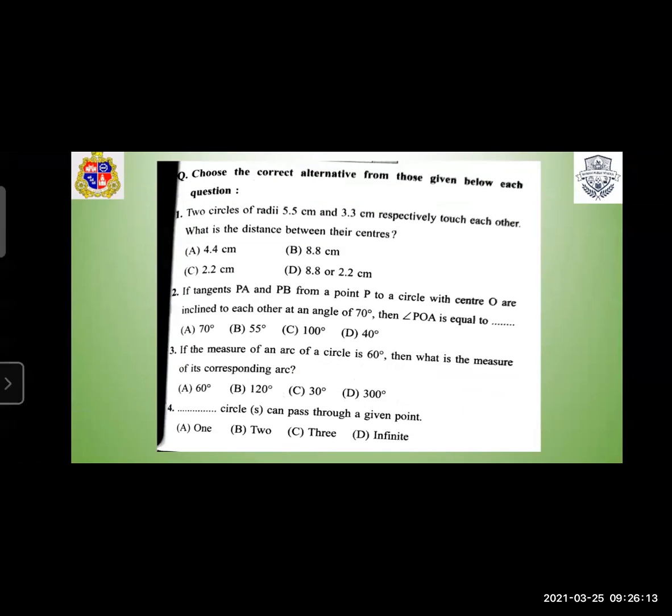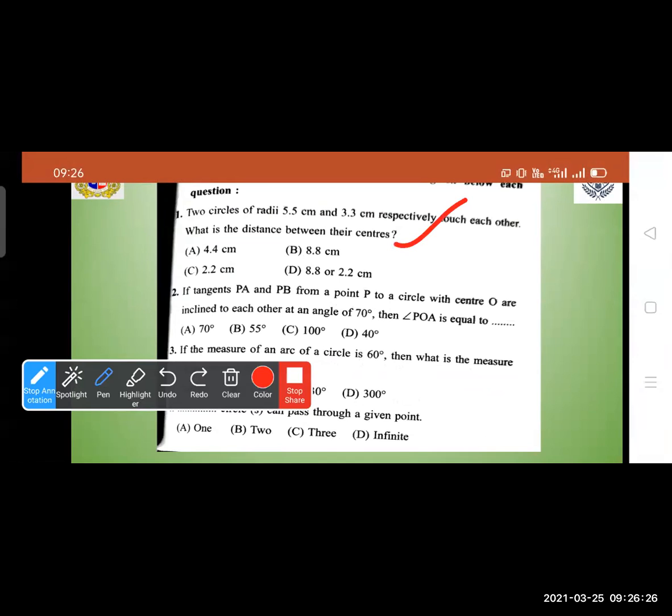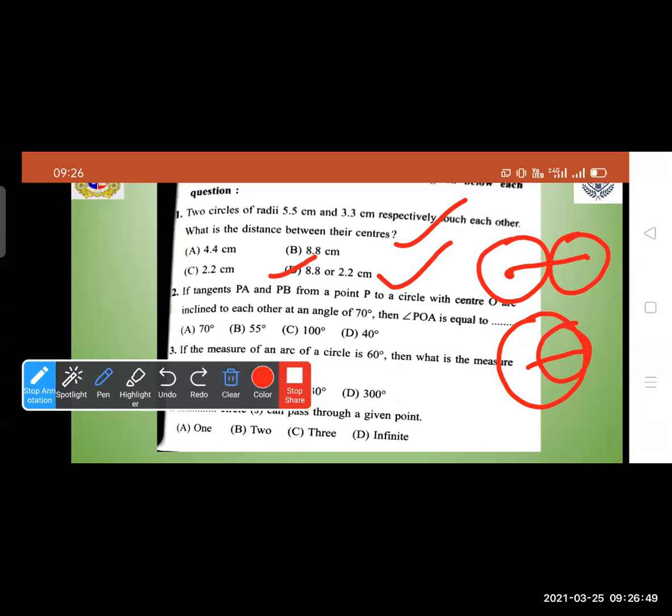Two circles radius is given and they touches each other. What are the distance between them? So it's simple. दो circle touch कर रहे, then we join, and here they are not asking internally or externally. If two circle touches externally, then we add their radius, yes. And if the two circle touches internally, then we subtracting their radius. So here the यहाँ पे ना externally ना internally बोला है, so answer may be 8.8 and 2.2. So D is the correct answer.